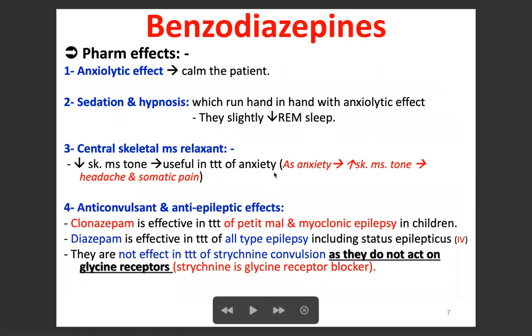What are the pharmacological effects, where is it used, where are the benzodiazepines indicated? Generally the benzodiazepines have an anxiolytic, anti-anxiety effect in the patient with anxiety, to calm the patient, to relax the patient, to sedate the patient, because in anxiety there is excitability. So to reduce the excitation, this drug is generally used to calm down the patient, and it will sedate the patient.